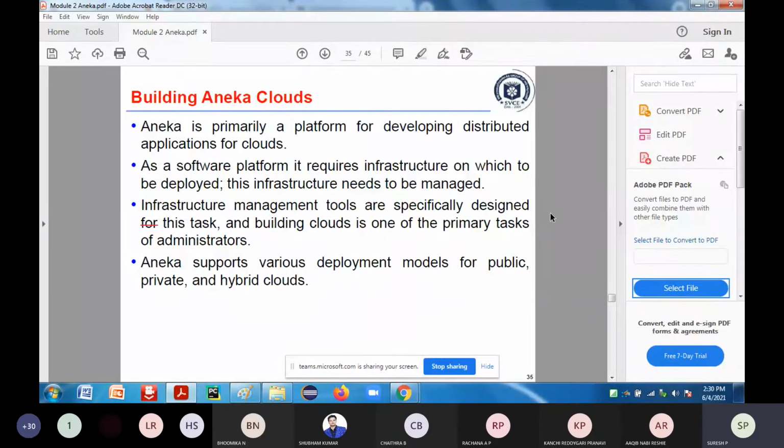Next, once you are going to have Aneka, Aneka is going to support different types of deployment models. The deployment models, as we have already stated, are public, private, and hybrid. We already know that public is nothing but all the infrastructure will be rented. You are going to deploy the platform and run the applications, so everything will be rented out. I am not going to have any infrastructure or any data centers in my own organization.